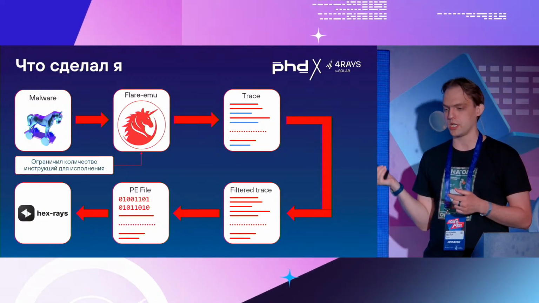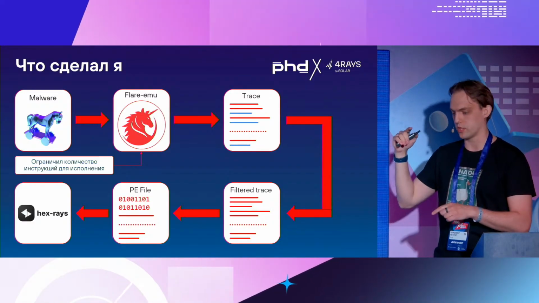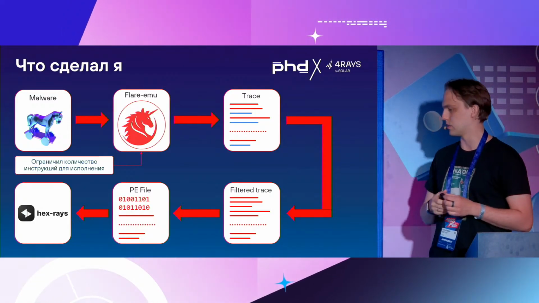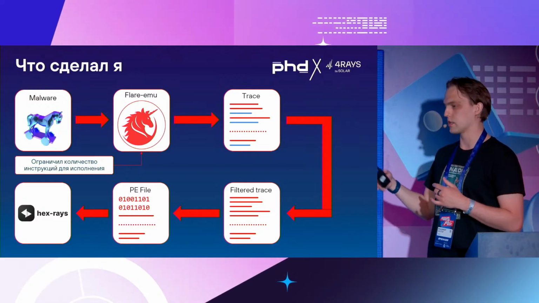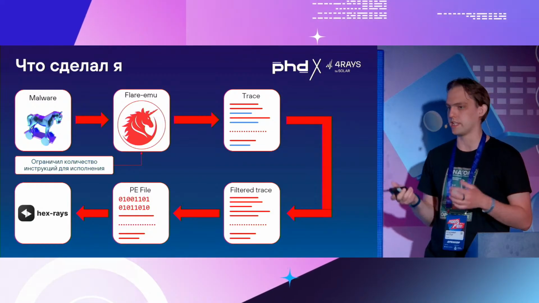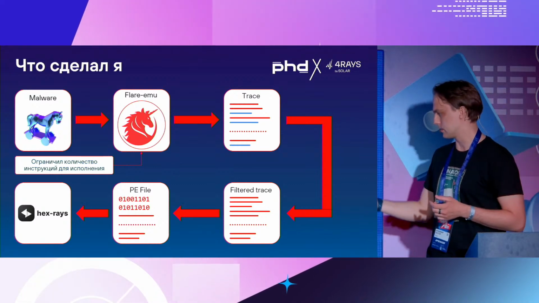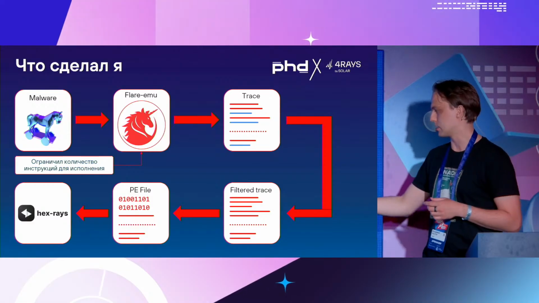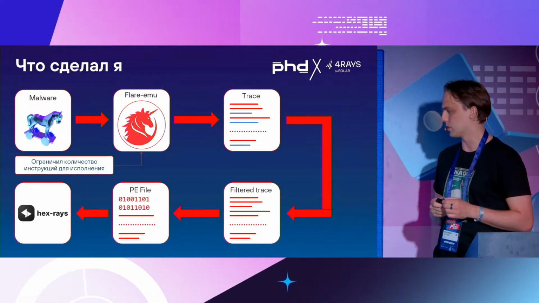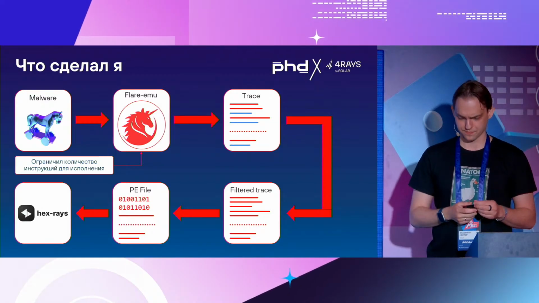And I do filtering, and I introduce some limits on execution, and Unicorn helps to limit not by the number of instructions, but for instance by certain addresses, so indicating the addresses within which I'm going to execute something, or at least the emulator would do that, and then it would stop the emulation. I'm sticking to the guideline because I do not know the right addresses, and I make the trace, and I make the executable file out of the filtered trace. To PE is very difficult, at least for me, and I'm not going to tell you more about that, fortunately or unfortunately. Then I upload that